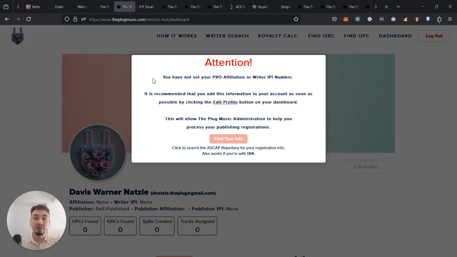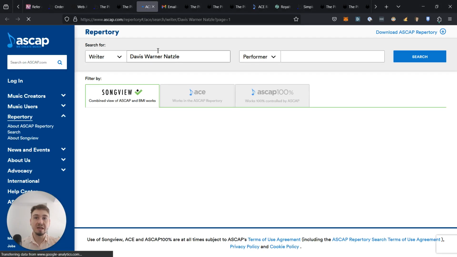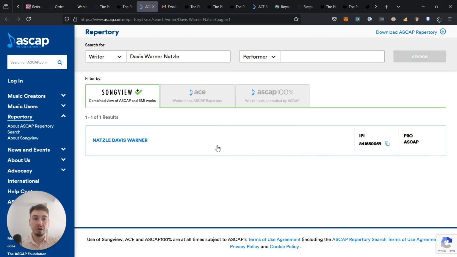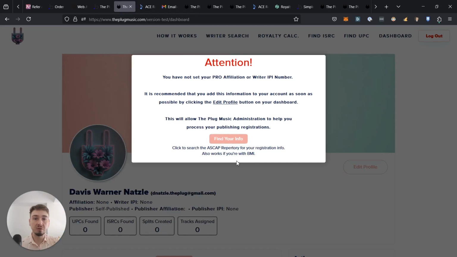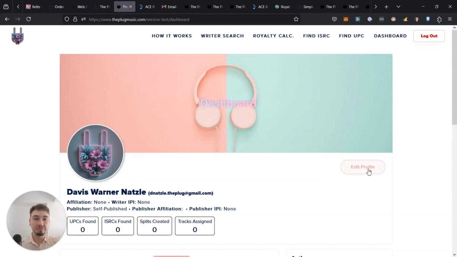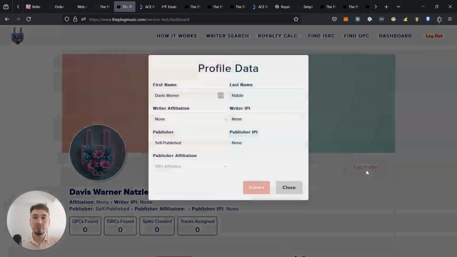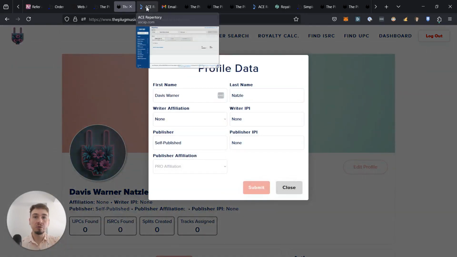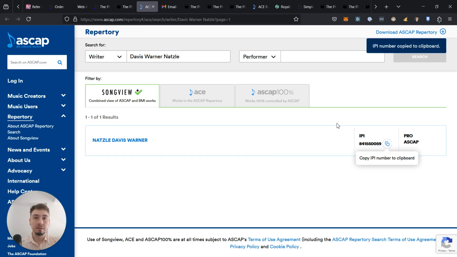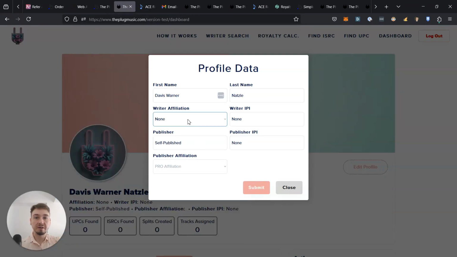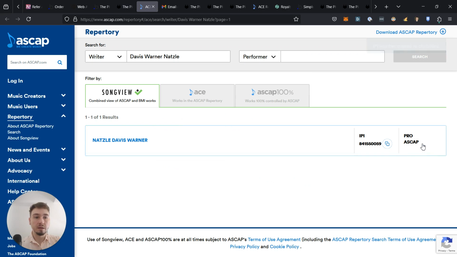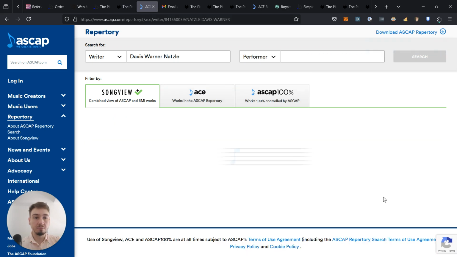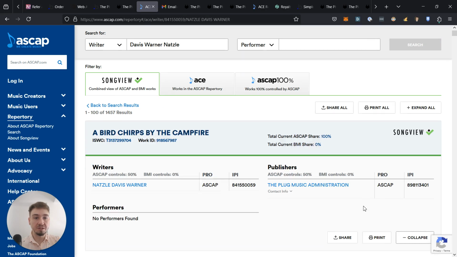So one of the things you can do here is you can click this button and this will actually bring up an ASCAP search. So if you do already have an IPI number, it should bring it up for you. So that will get you started a little bit faster. Now I'm going to go to Edit Profile and I'm going to add my information here. I'm registered at ASCAP. When I check one of my existing registrations,